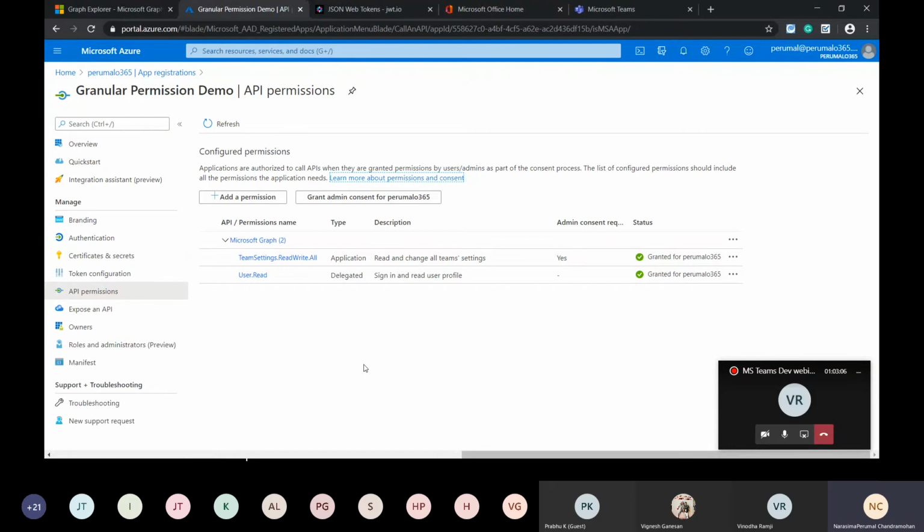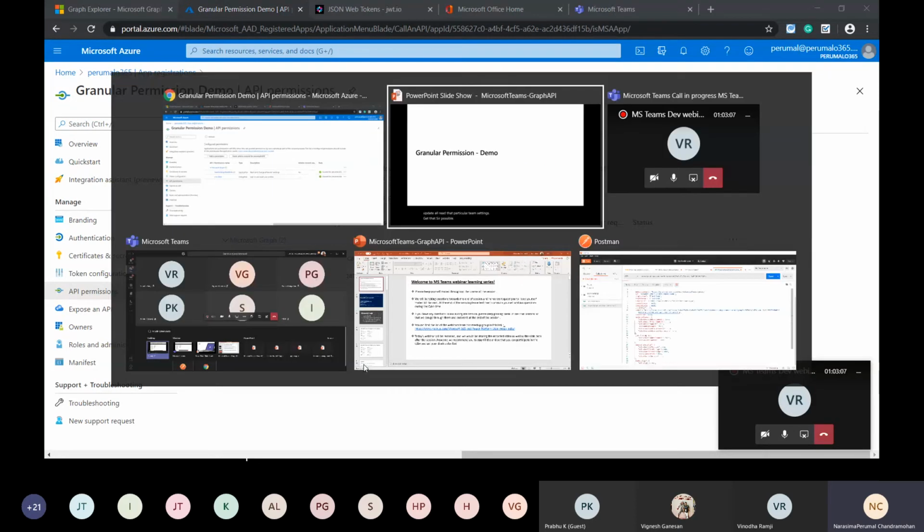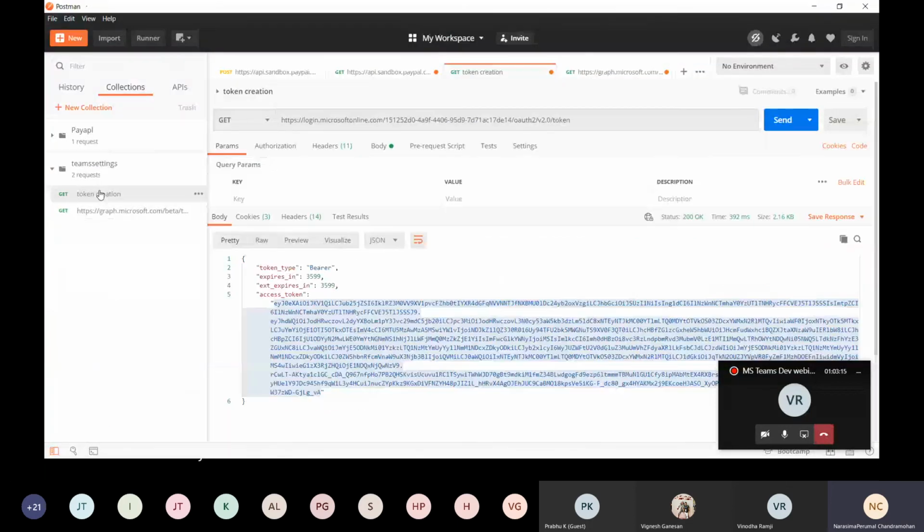So let me switch to Postman. First thing is that as that particular Azure AD app, I need to generate a token with the permission TeamSettings.ReadWrite.All. So I'm going to create a user access token first.